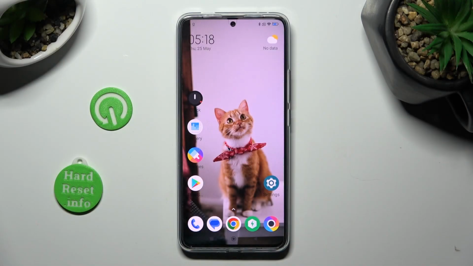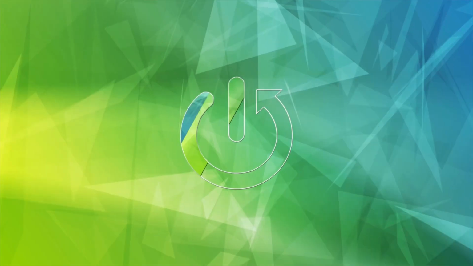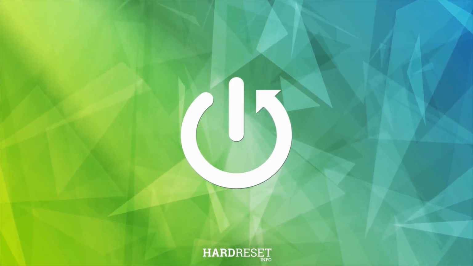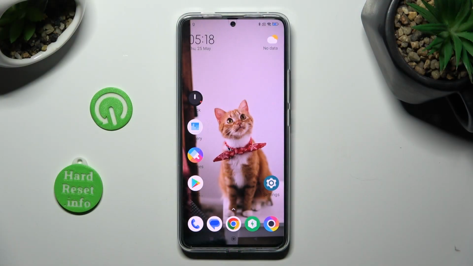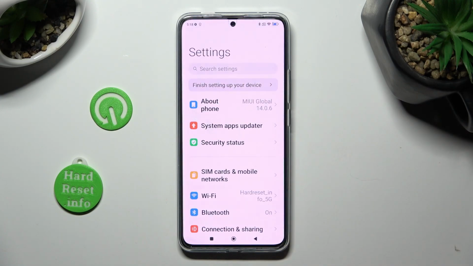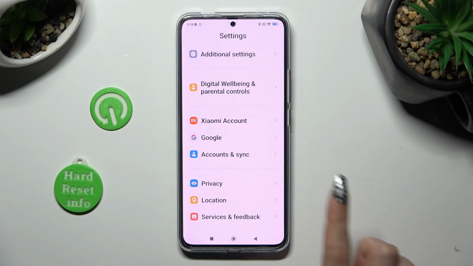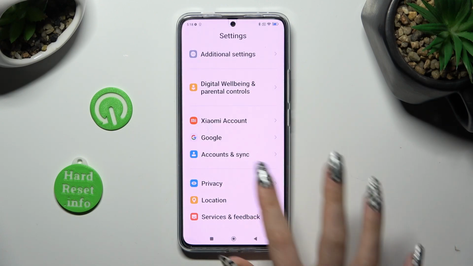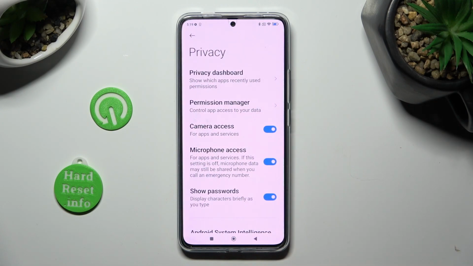In front of me is POCO F5 Pro, and today I would like to show you how you can manage apps permissions. Begin by going into Settings and scrolling all the way down to access Privacy. After that, tap on Permission Manager